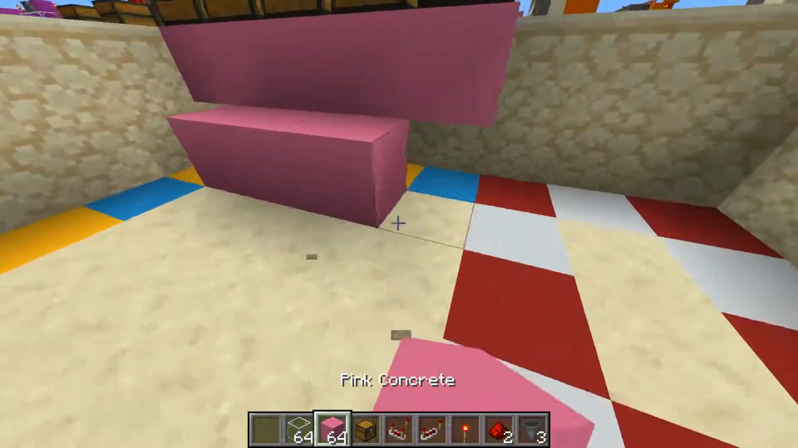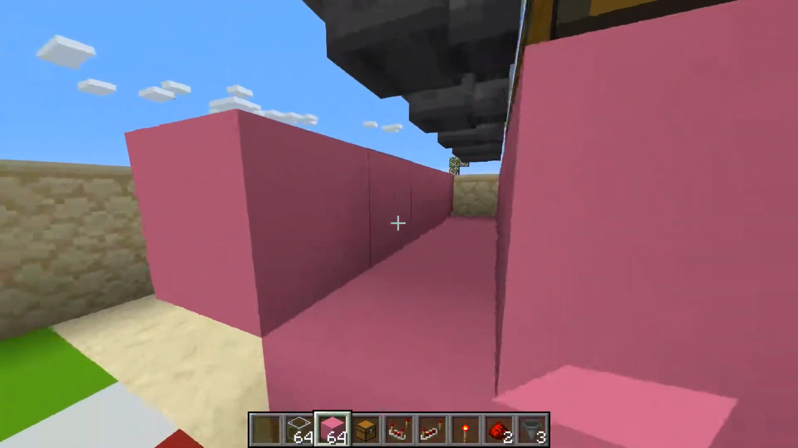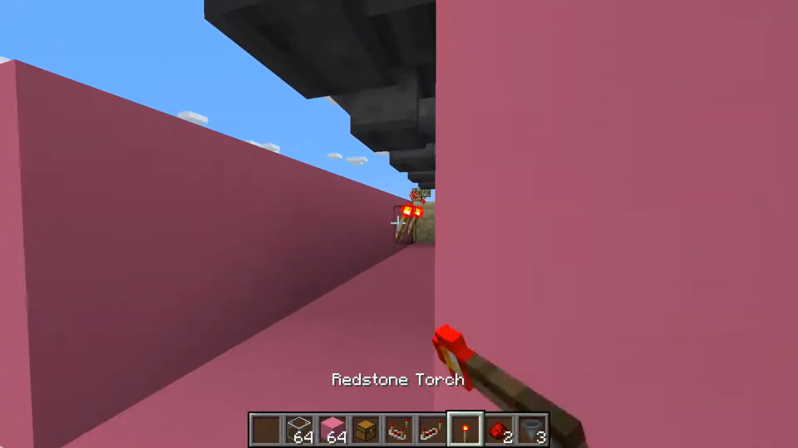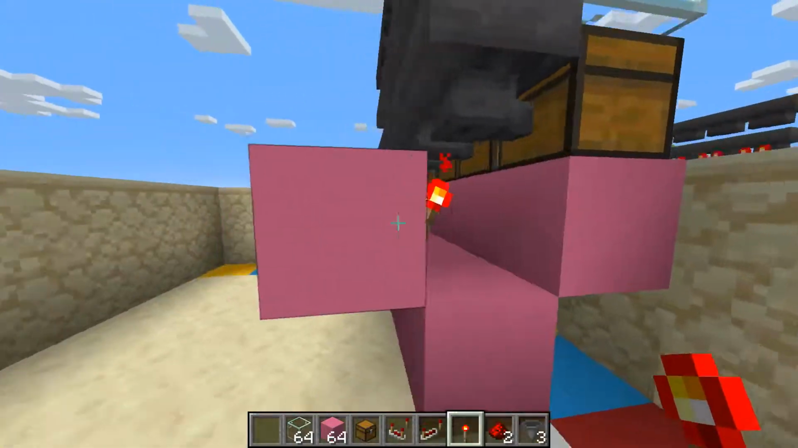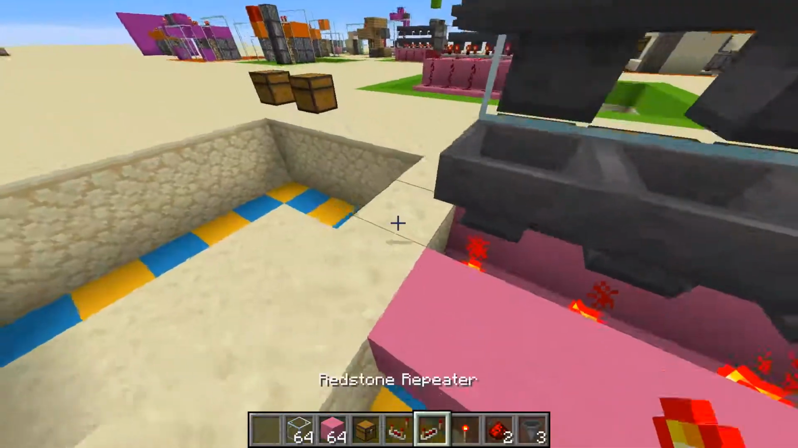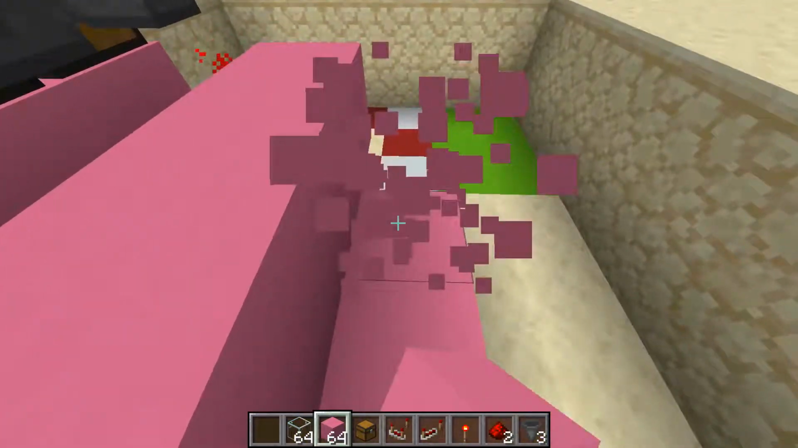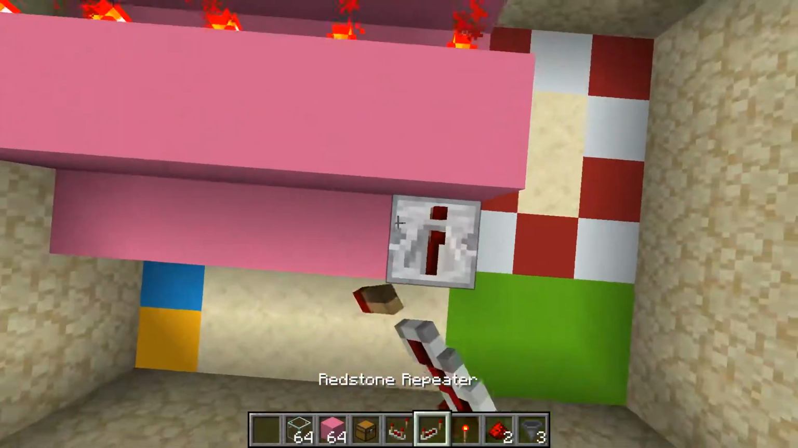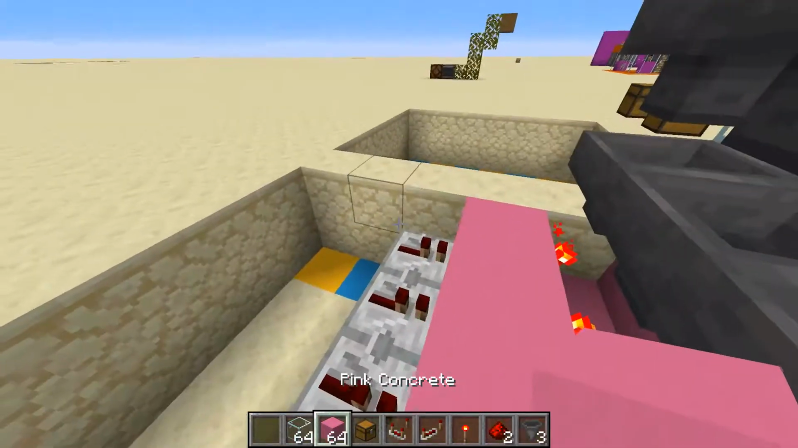Now we're going to place some blocks back here, and some blocks like this. If you can reach all the way down there, just place the torches. Obviously you can break these blocks, but just make sure you place them afterwards. Then you want to place some blocks behind it, some repeaters, some blocks behind that,